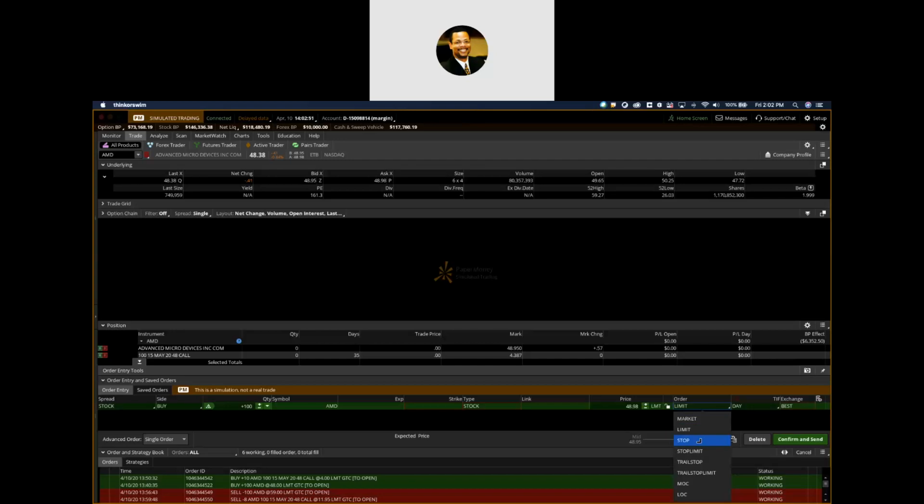There's another type where you can do a stop and a limit all together. So you put in your limit where you want to enter and your stop at the same time. As I said, I don't do that anymore. I learned the lesson very early on because I got in a trade and I had my whole thing set up, and I put in my stop and my entry and my target just like I was taught to do. And it entered me in right where I wanted to be. And then a few minutes later, it took me out. And then right after that, it went right up to my target within no time. And I was pissed, right?